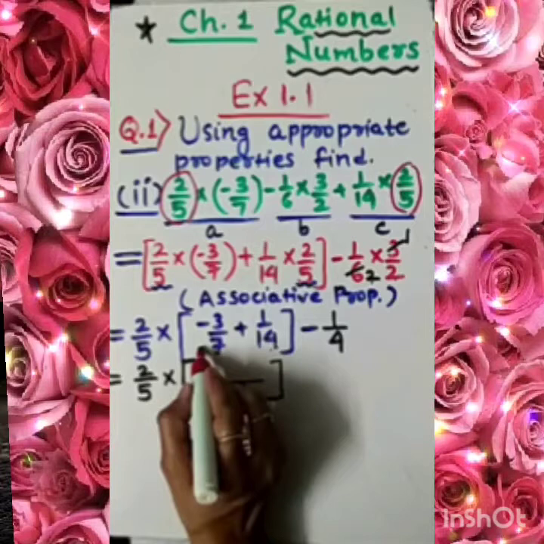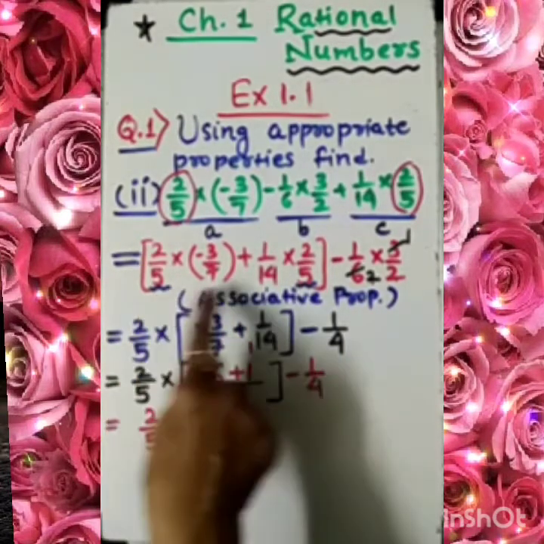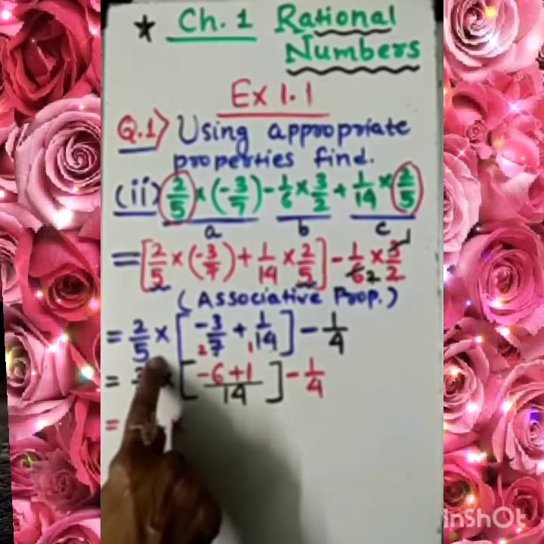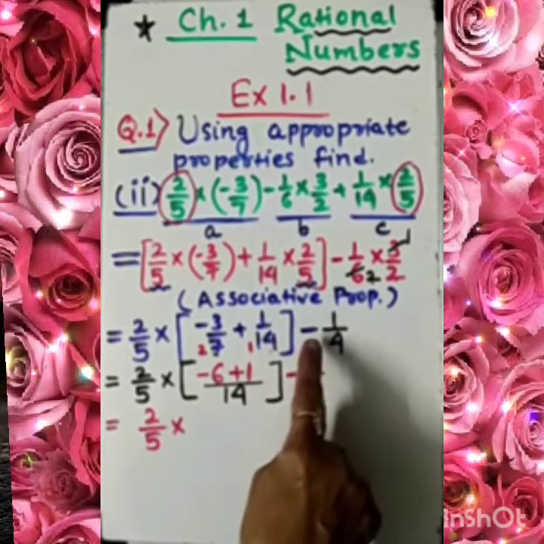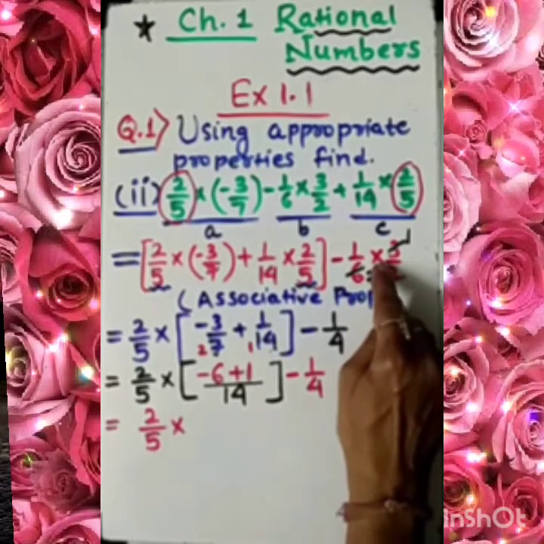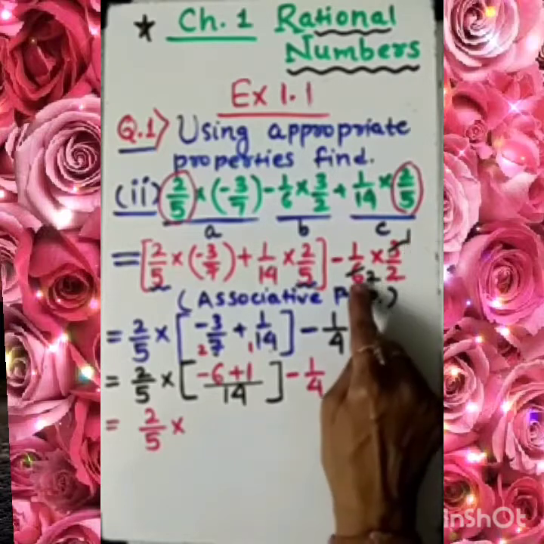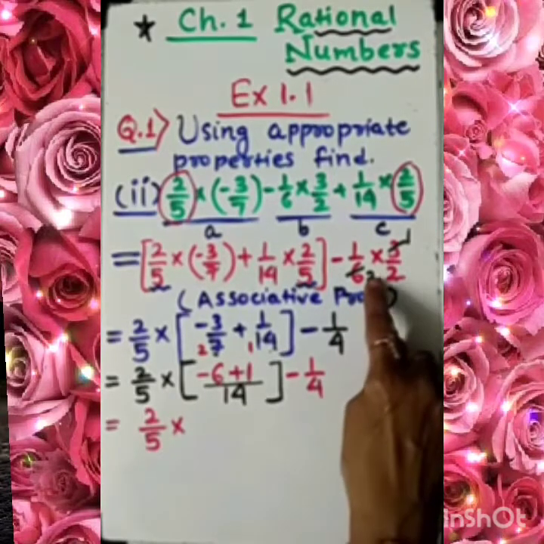Fine. Now next step. Here 2 by 5 is already there. So my student, see here. We have already proved that this is the associative property. Now from these two terms I have taken 2 by 5 common. So here minus 3 by 7 is left and plus 1 upon 14 is left. After simplification, these two terms are connected with a product sign. So here 3 1 ja 3, 3 2 ja 6. So here it will be 2. So in the numerator 1 1 ja 1 and 2 2 ja 4 in the denominator.